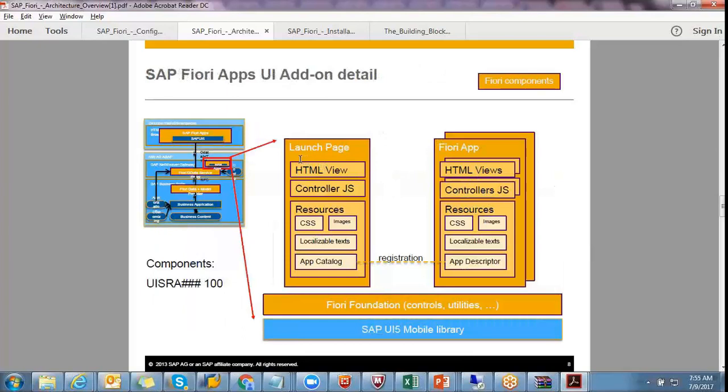If you talk about Fiori, there are two concepts: Fiori Launchpad and the apps. Many people are talking about Fiori, but it is not only for mobile apps. Some Fiori applications are compatible with desktop also. In Fiori, some desktop applications are there, and some front-end mobile applications are there.